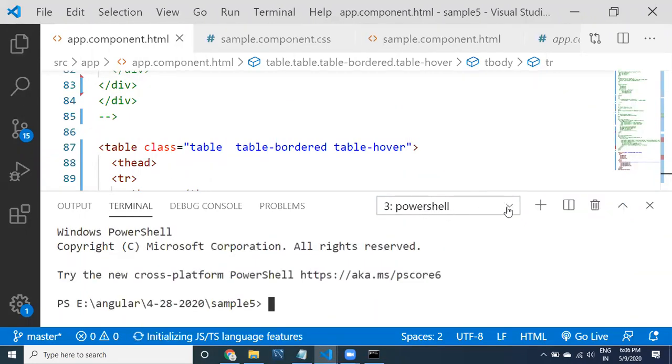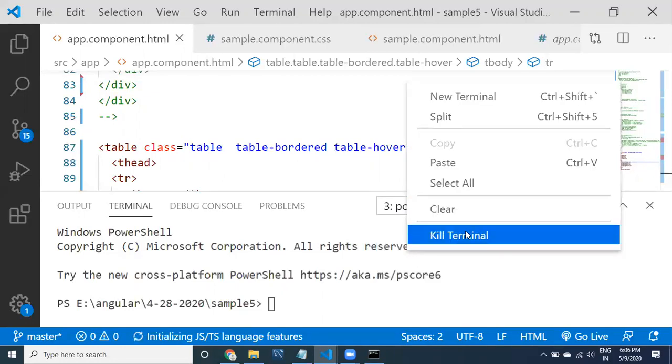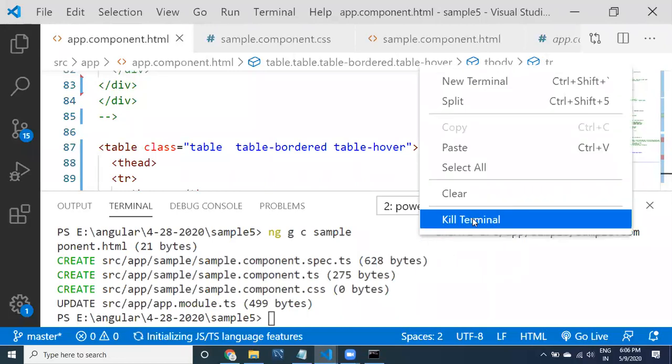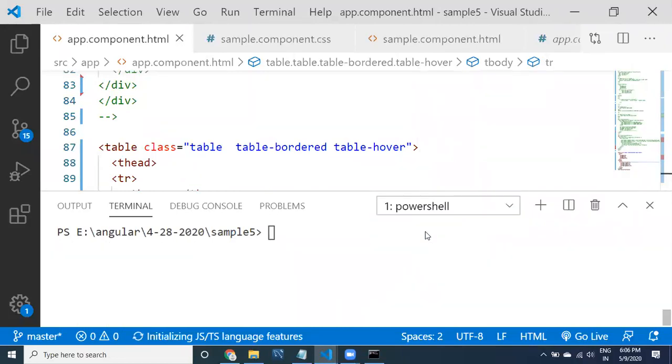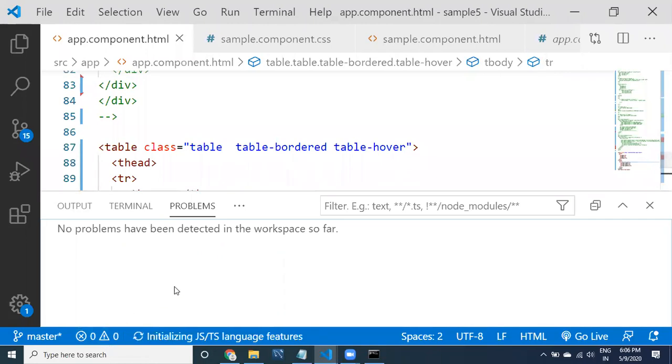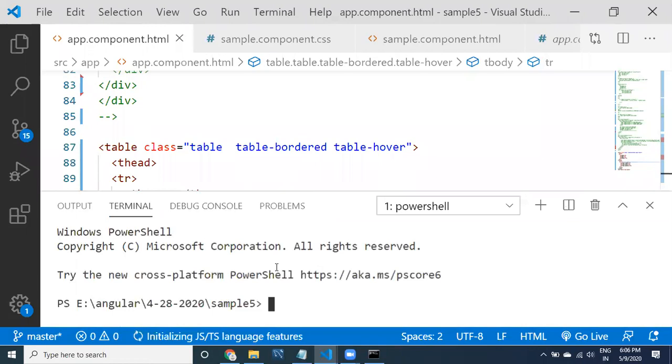Let me kill all the terminals. I have no terminals. Let me click on this triangle and then click on terminal. No terminals are there, that's why it is going to create one terminal for you. So you can see only one terminal.